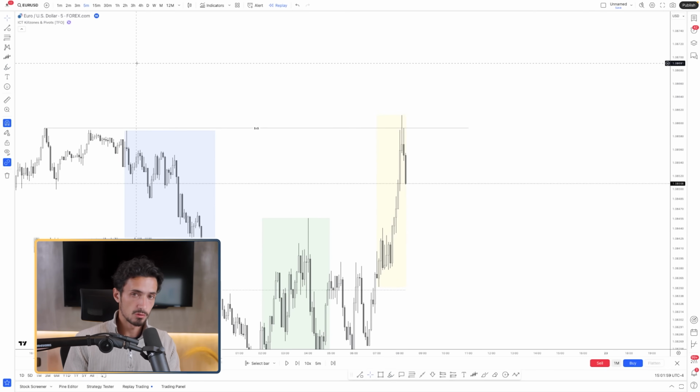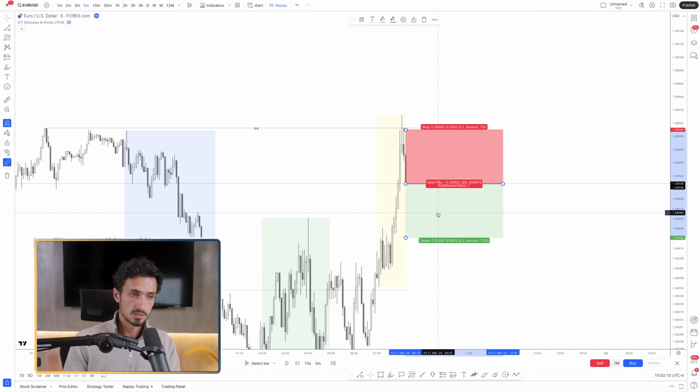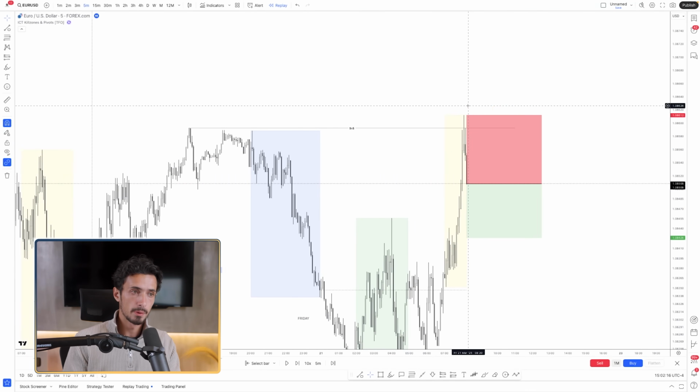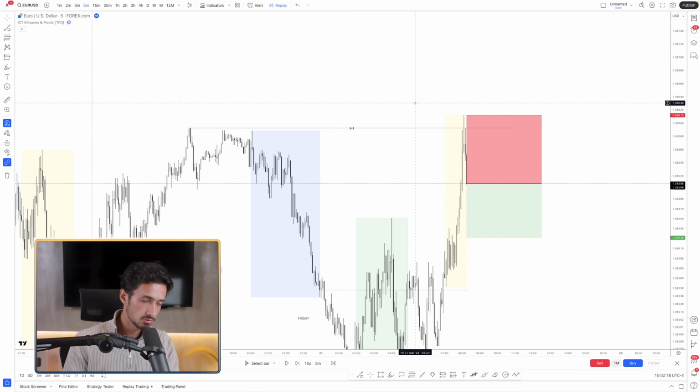So I need to make sure the risk to reward makes sense, and I can get myself into this position with an execution once we close below this fair value gap. So once we close, I can look at exiting straight away. Where can I put my stop loss? I can put my stop loss at the high up in here, but because of the sweep, I'm extremely confident